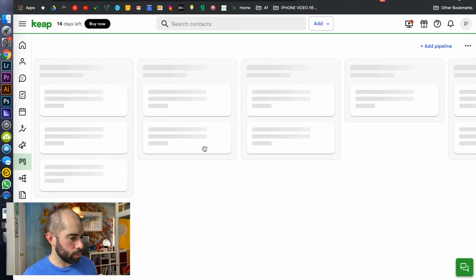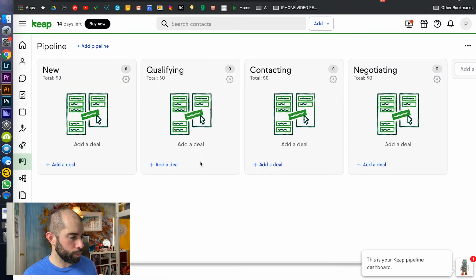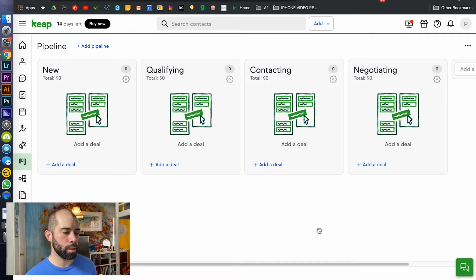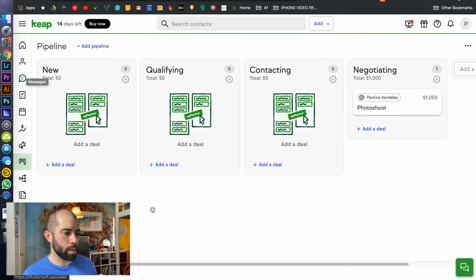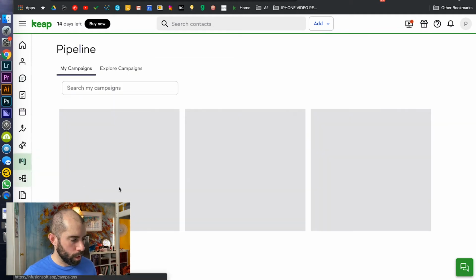And then it has, what is this, reporting or what? Oh, so this is the pipeline, which typically, yes, thank you very much. So this is where you typically, in your CRM, have some sort of a pipeline that you put your potential customers through. So the point is it's nice that this has a CRM as well as all these other features built into it. But this is like a lot of power right here.